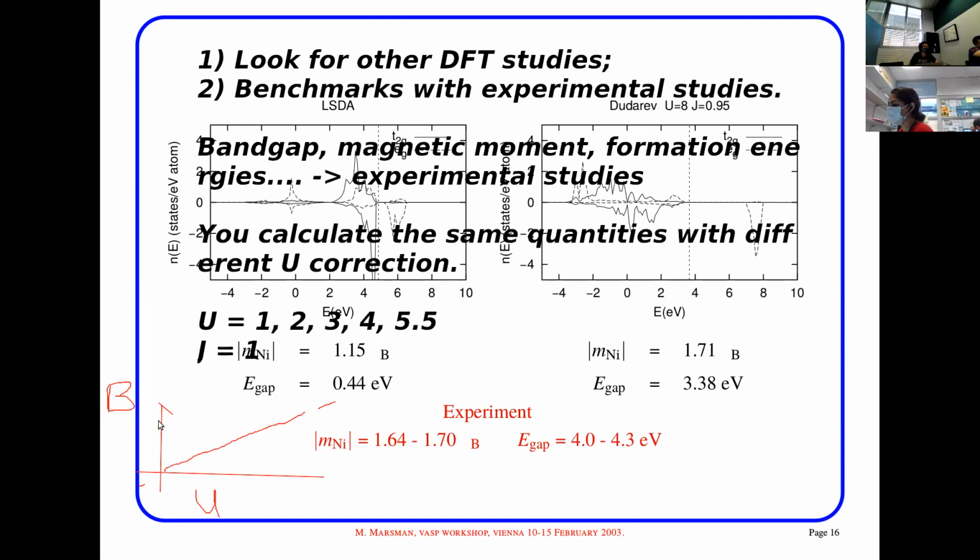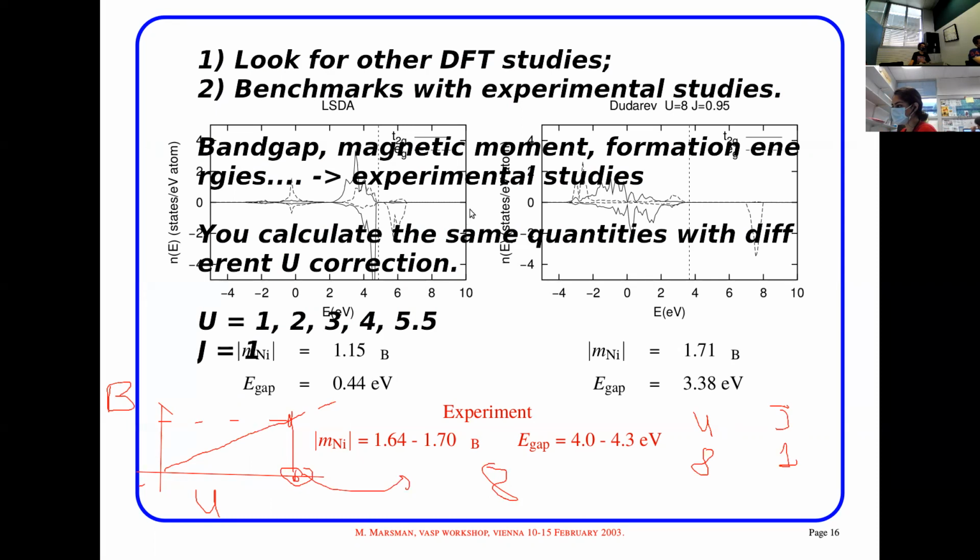And then you see where your experimental band gap is, and then you get to the U that you want to use, that is this one. So if the U here is 8, it means that you need to use a U of 8, and the J will be 1. But remember,